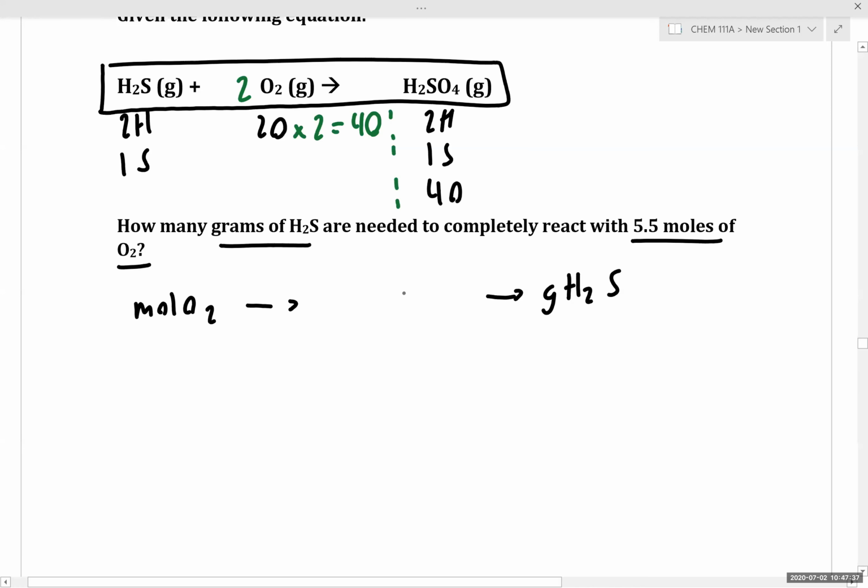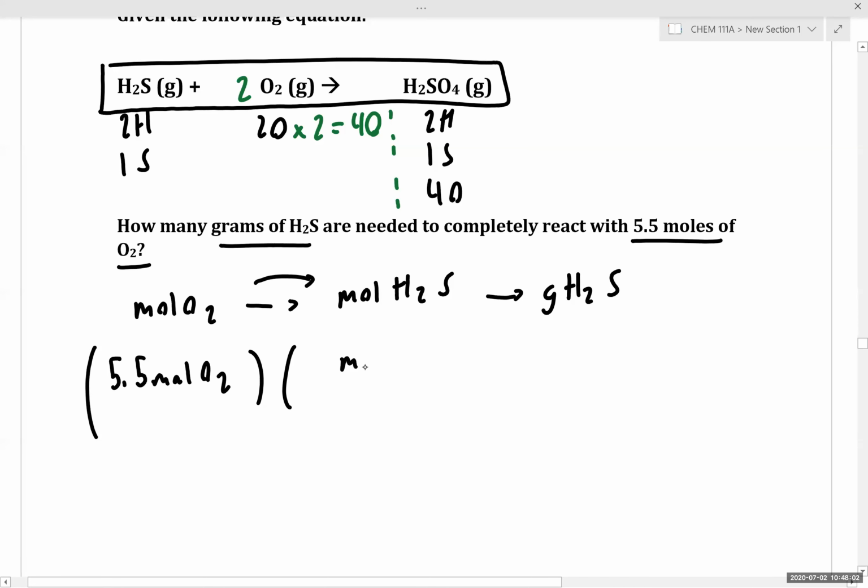What units are we going to go through? We're going from moles of oxygen, and we want to get to grams of hydrogen sulfide. Moles of hydrogen sulfide, exactly right. I always like to think about things in terms of the units. So if we have 5.5 moles of oxygen, my first question, if we're going to moles of hydrogen sulfide